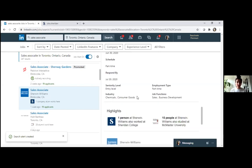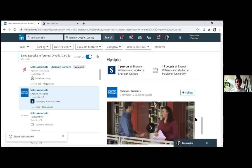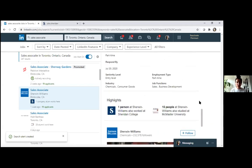And then again, it talks about entry level, part-time, the industry, and some of those job functions. So sales as well as some business development. So as I mentioned before, we've got one person who used to work at Sheridan who now works at Sherwin-Williams, 15 graduates from MAC that went to Sherwin-Williams. Because I'm a graduate, I'll show you how you can use that feature